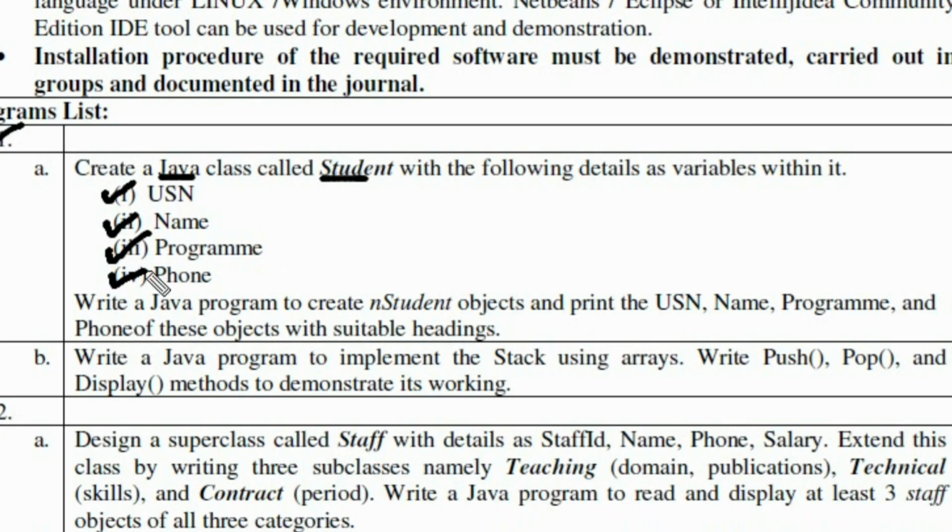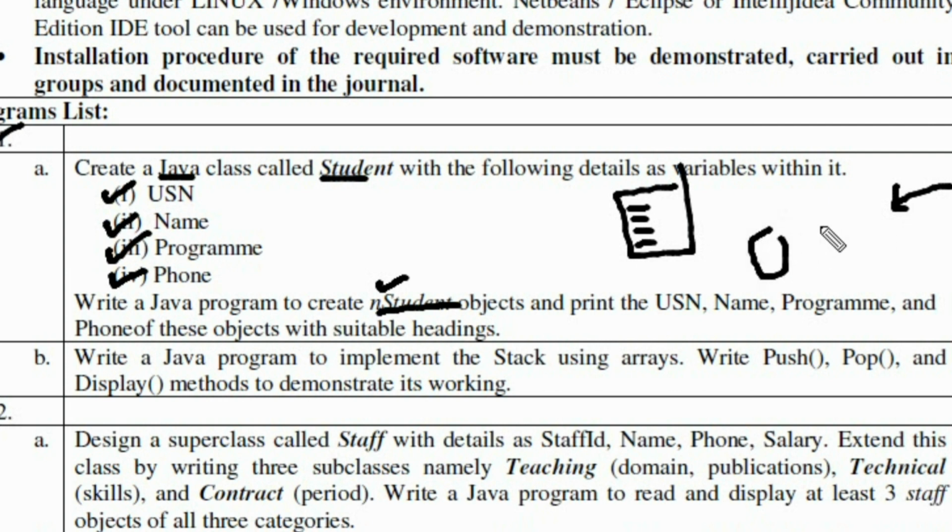After creating the class, our next task is to create n student objects. Okay, so suppose that we had created the blueprint of what it should include, like what the ID card should include. So now what we are doing is creating n student objects. N is the number of students joining the college. Suppose that 3 students are coming to the college. So what we'll be doing is we'll be creating 3 ID cards out of it.